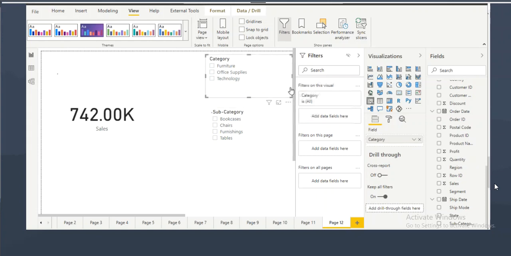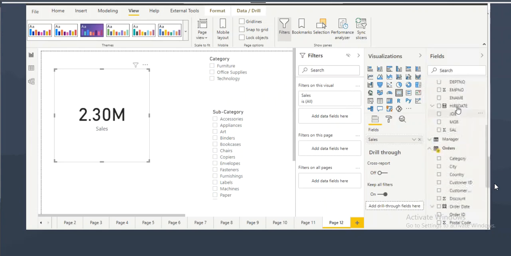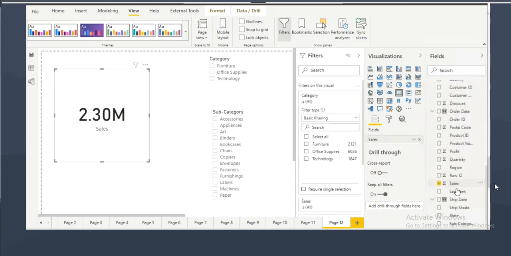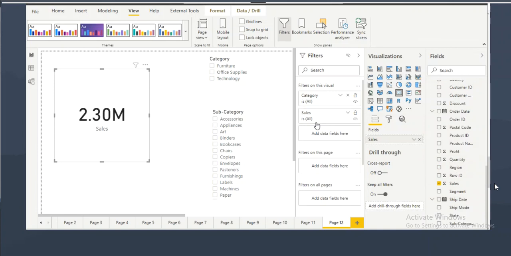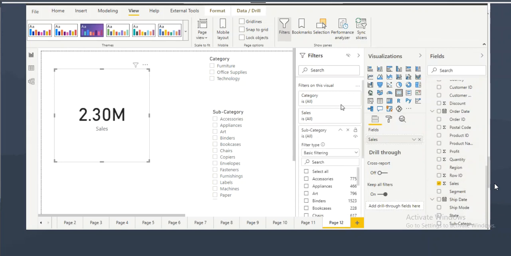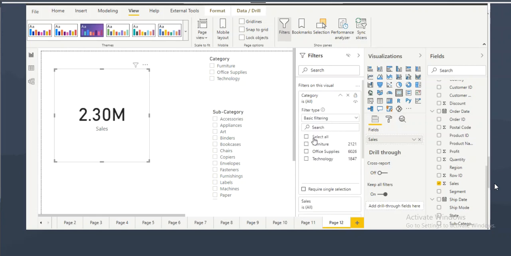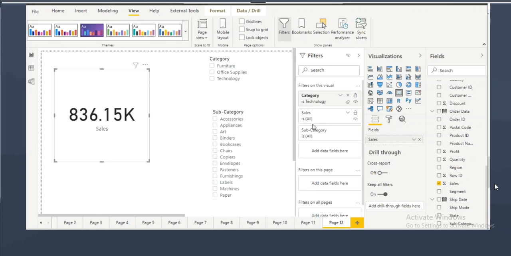Let me show you. Let me clear this filter. First, I will drag the category column here. I'll drag the subcategory column as a second column. On two columns, you want to filter the data. When you apply the filter condition on the category column, obviously it will show the corresponding subcategories only.